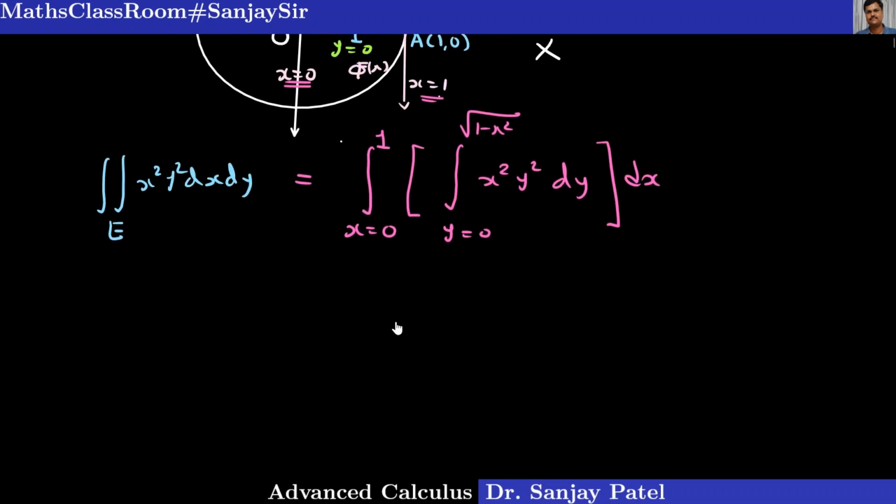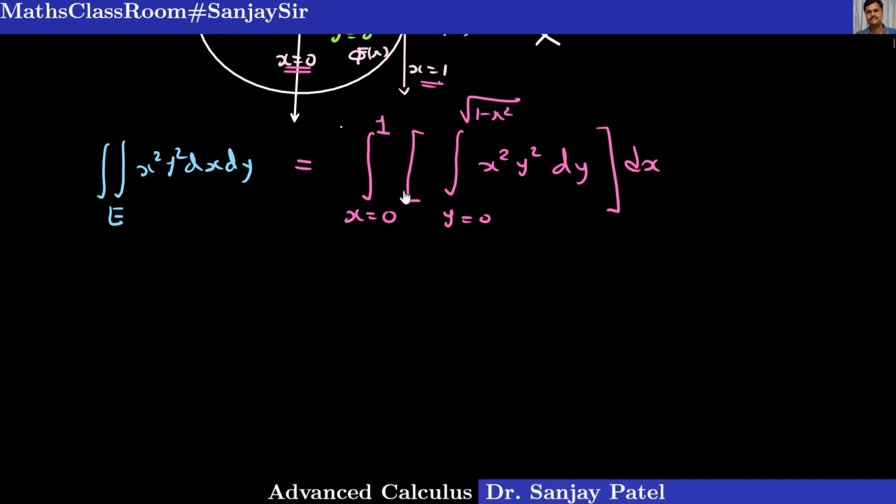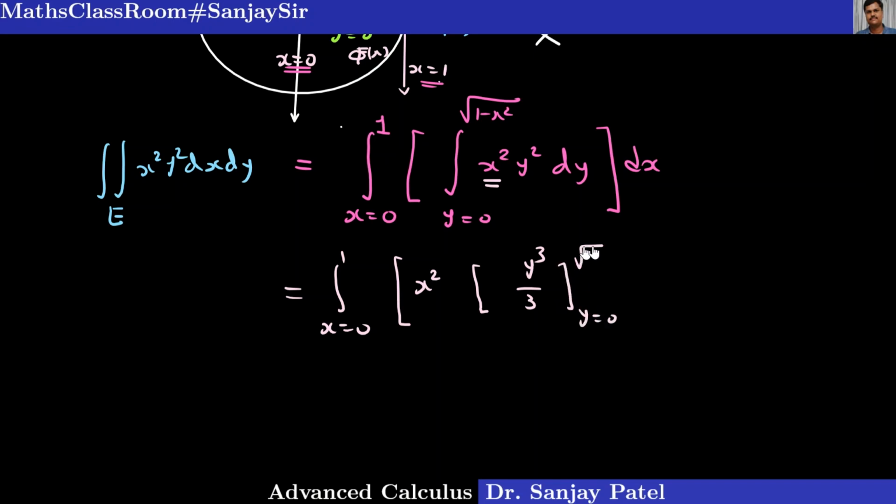We can write directly this integral. Now it remains to find the value of this integral, which is also very simple. Let us see how to do this. This is equal to integral 0 to 1, and then when we integrate with respect to y, this x is constant, so I can write it outside, and then the integral of y square is y cube upon 3, for y equal to 0 to square root of 1 minus x square, and then with respect to